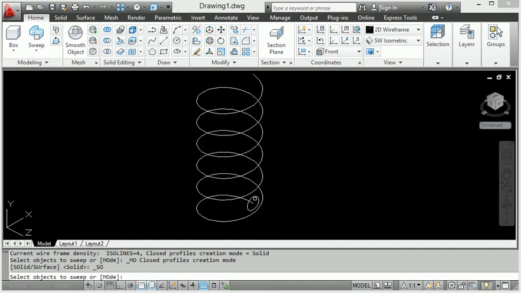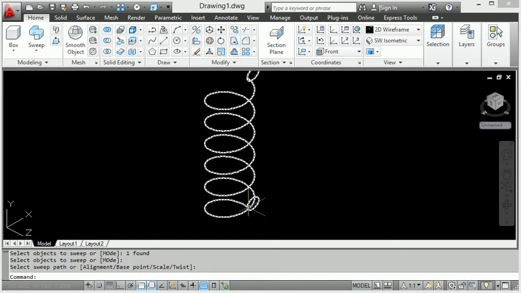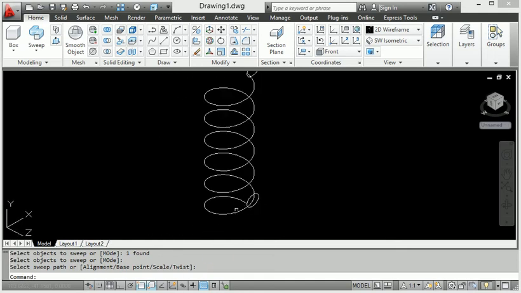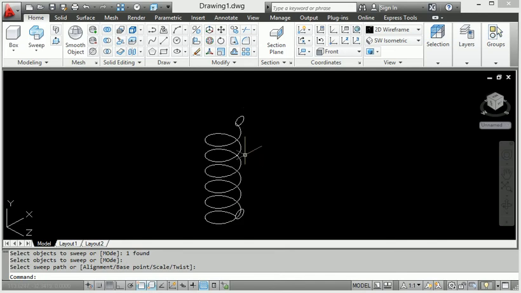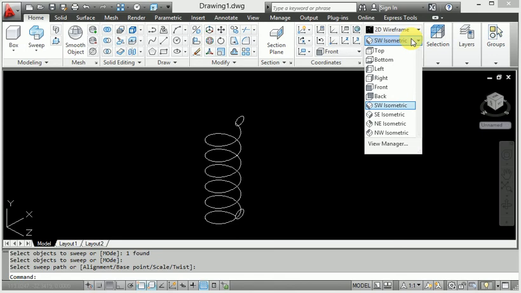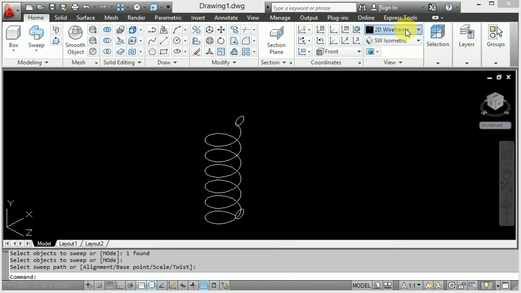This one, select this circle, enter, and click this spline. So here you can see that it makes this. Then I will show you the isometric view in 3D wireframe.